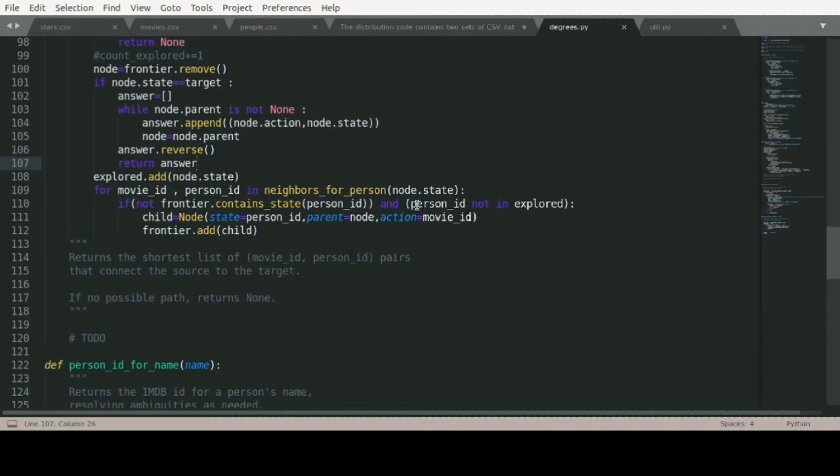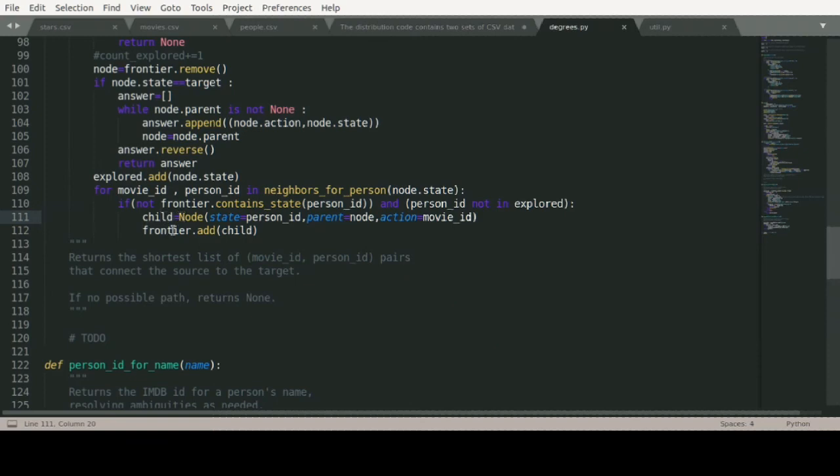So if I either did not explore that person or it is not in the frontier queue data structure, then I find the child of that node. So in action I pass the movie ID from which movie they are connected, or from which movie they have worked with each other.